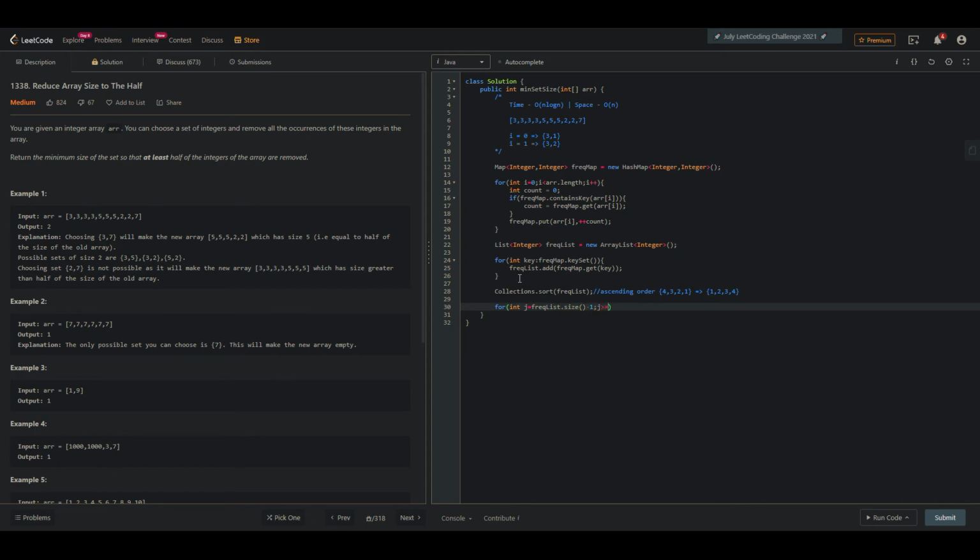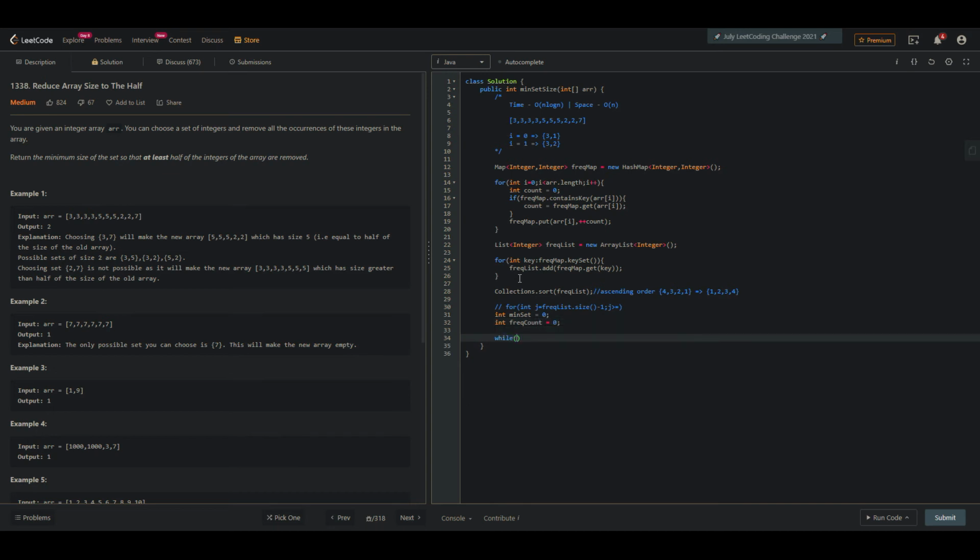Let's use a while loop instead of a for loop. We want to return the min set size, so min set equal to 0, and int frequency count equal to 0.